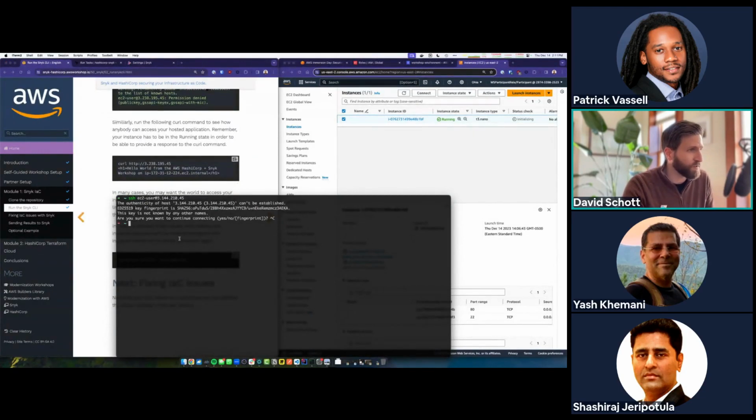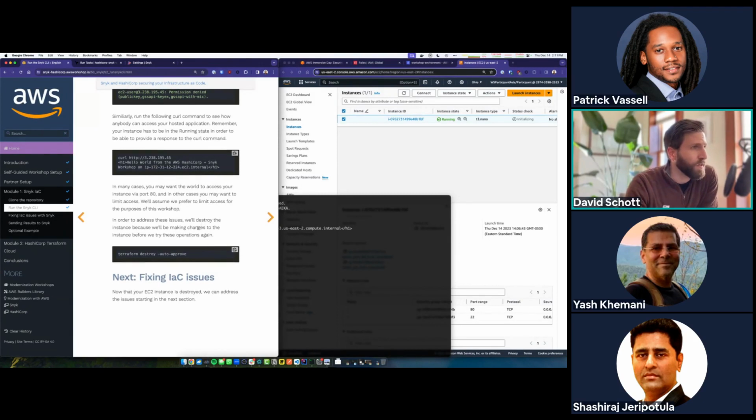And before we do, we can also just verify that there's an application running on there by curling that IP address. So we can do curl http:// and the public IP, which is this right here. And we see hello world. So we've got SSH access, we've got HTTP access. Anywhere in the world can go and access this instance. Sometimes a good thing, but not always. All right, so we have confirmed that those security issues are real.